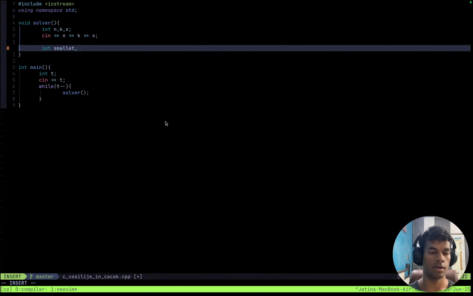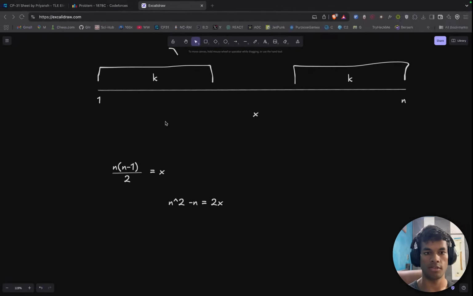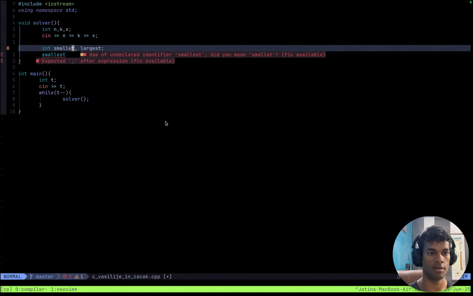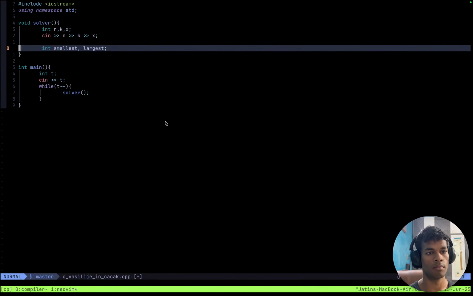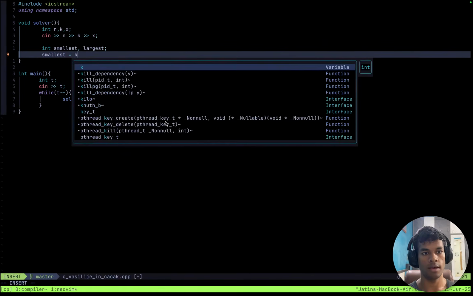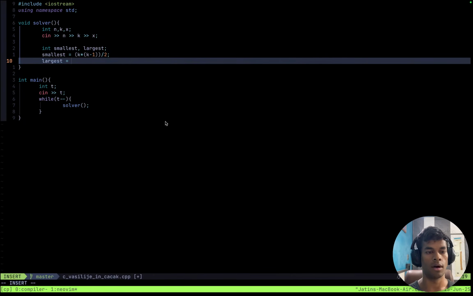int smallest and largest, right? And the sum of the first k elements is going to be smallest. Smallest equals k into k minus 1, and the whole thing divided by 2, right? And largest would be n minus k, n minus